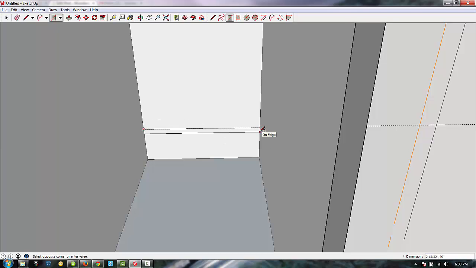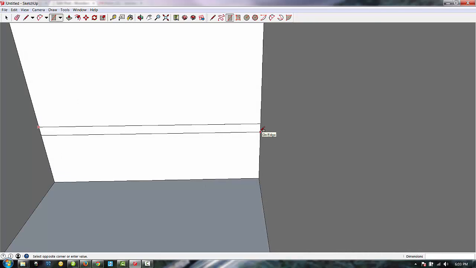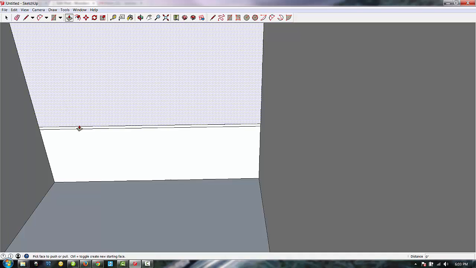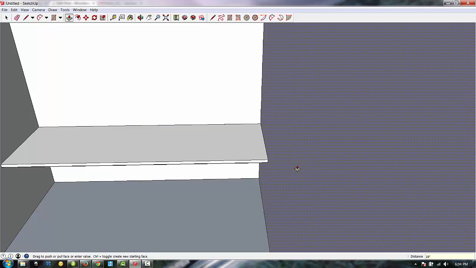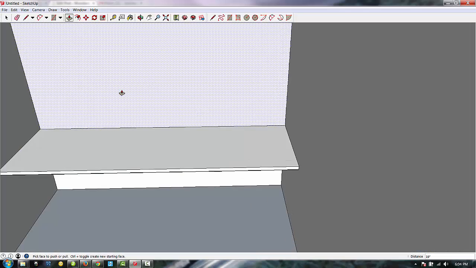So then I'll take, and I want just a 3/4 inch wide upper, so I know my dimensions are going to be 60. So I'm going to do 3/4, comma 60, and the top part of my bench will start to take shape. If I know I want to pull this out 19 inches from the wall, I have these dimensions because of a specific project plan. I just click in that section with the push pull tool, drag out, type 19, hit enter. Okay, so now we have just a simple bench